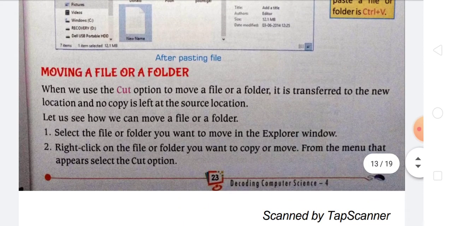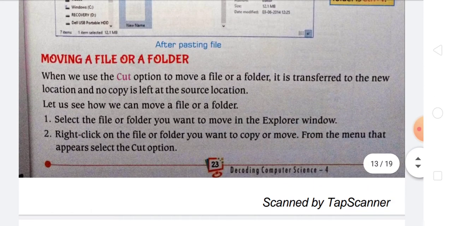Then how to move a file or a folder? Just like this, you have to cut. Whenever you copy, the file exists both in the folder you copied from and in the folder you paste to.